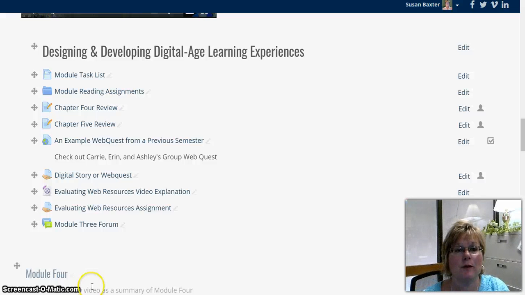Welcome to Module 3, where we're talking about designing and developing digital age learning experiences. So in this module, we are going to explore ways to basically make lesson plans and other activities and lessons for children where we are integrating technology either to help the student or the teacher. So that's kind of just a real quick summary of the things that we'll be talking about in greater detail